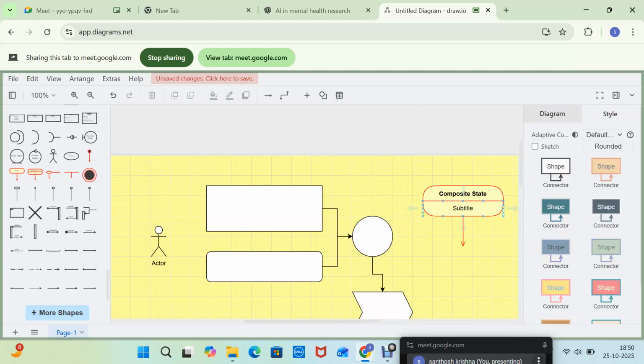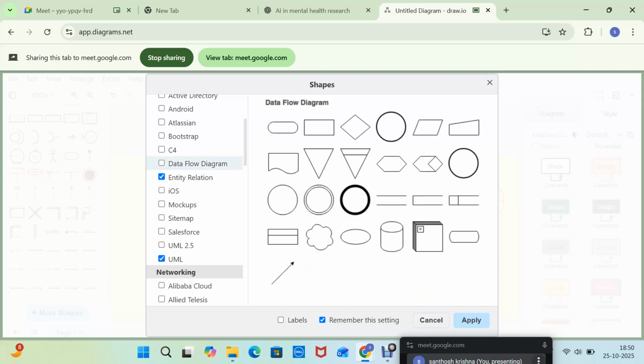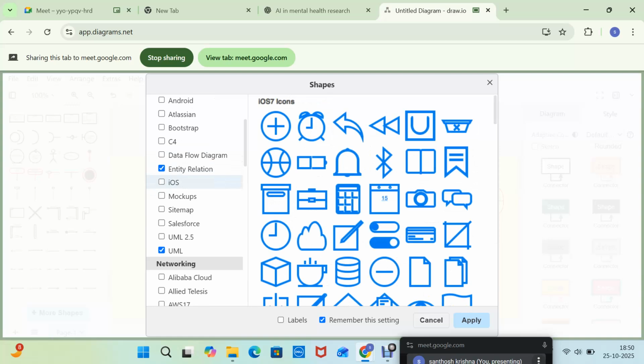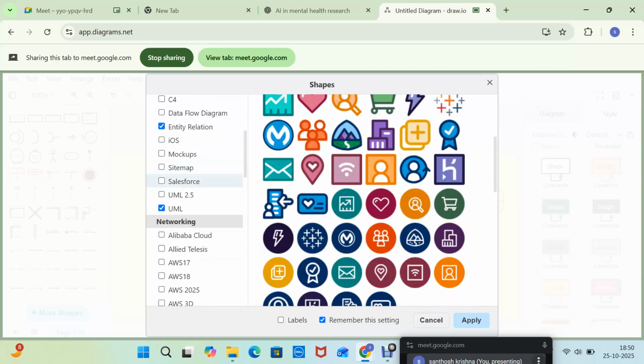So you can use this website for drawing any sort of block diagram or flow diagram, which is very useful. See here, many things will be there. Even iOS, if you want, or if you want site maps, Salesforce, you can see here.